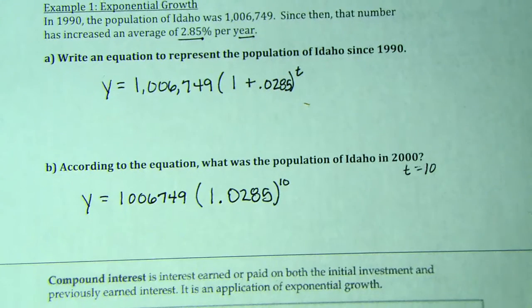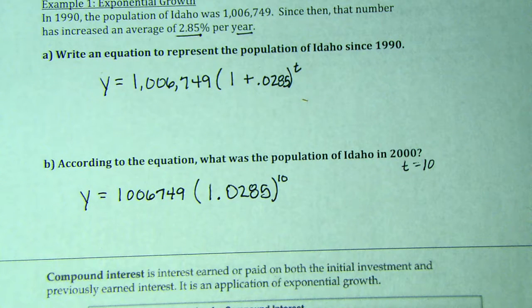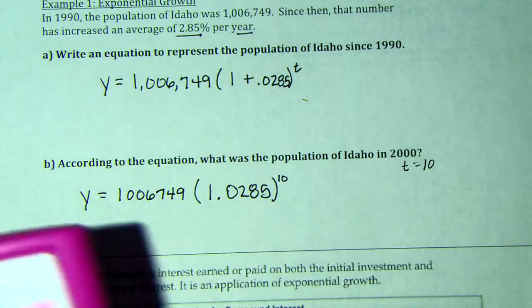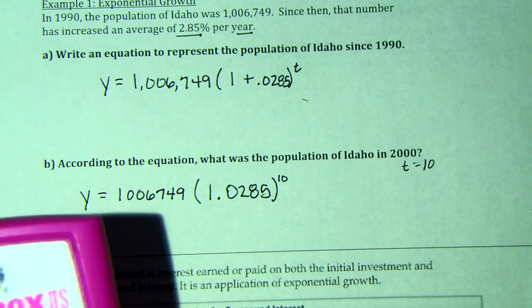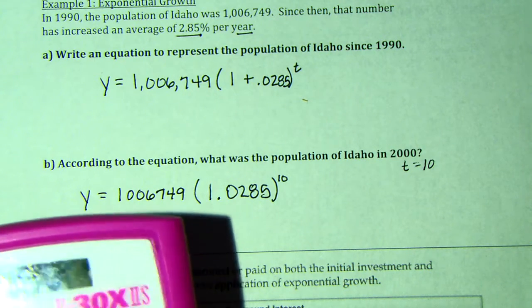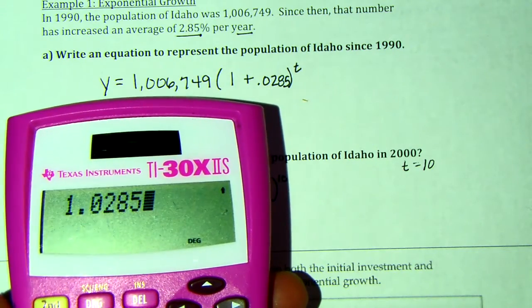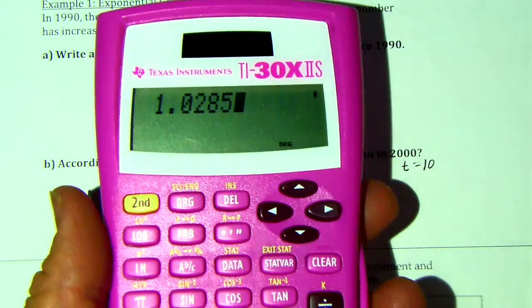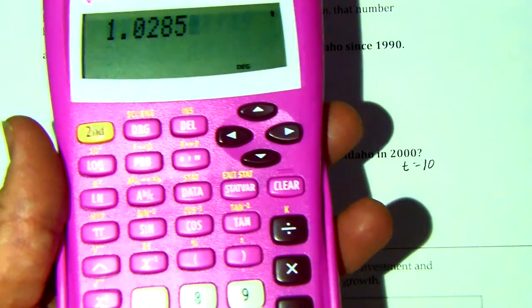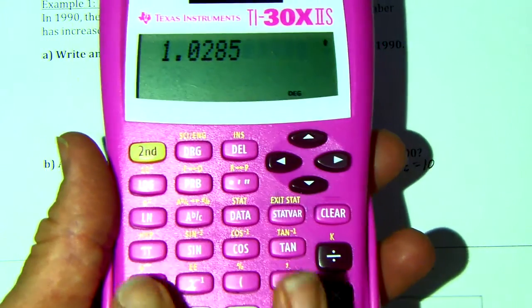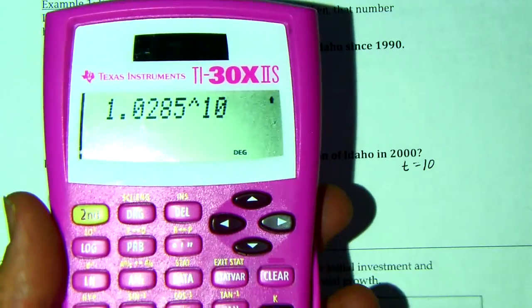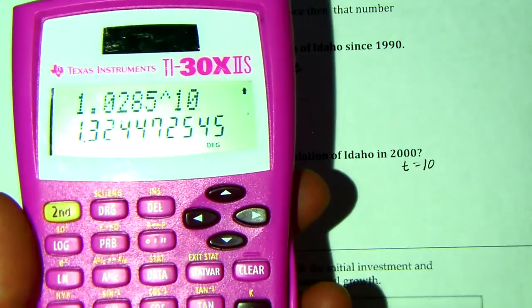So now when you do this on your calculator, you can probably type it in all at once, 1,006,749 times 1.0285 raised to the 10th power. But I'm not going to lie, I tend to do my power first, 1.0285. And remember, we don't have a button that just takes it to the 10th power, so we have to use that caret button right here. It's a caret, like the arrow button. So to the 10th power, and I'm going to hit equals, not that you have to,